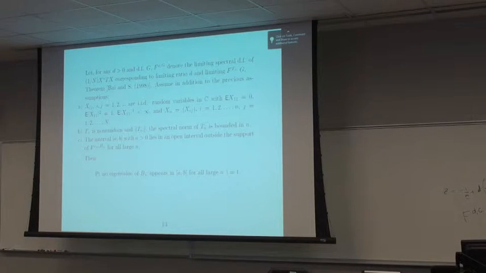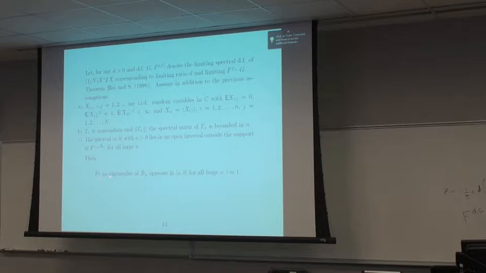Here we assume from the beginning that T_n is non-random. Once you have this result, you can then assume it's random. It's independent, and that the spectral norm is bounded in n. The other case, we didn't have to assume that the spectral norm was bounded, just that the limiting distribution was a proper probability distribution. So you have one or two mass points escaping to infinity. And so we're looking at an interval, which we know lies in an open interval outside the support of this thing. So this is defined up here for all large n, which should make sense. You don't want to cheat and have it inside and outside. So we know that this interval is always outside the support for all n large.